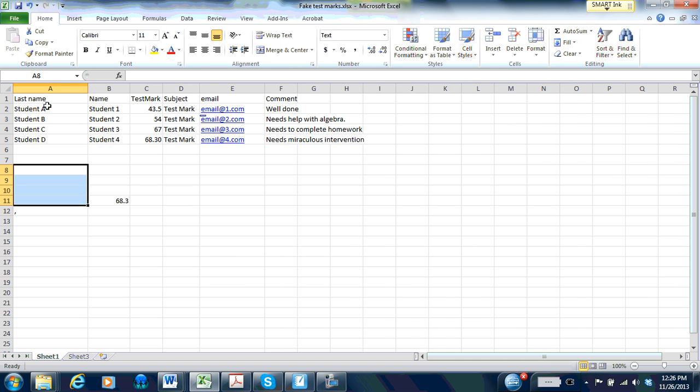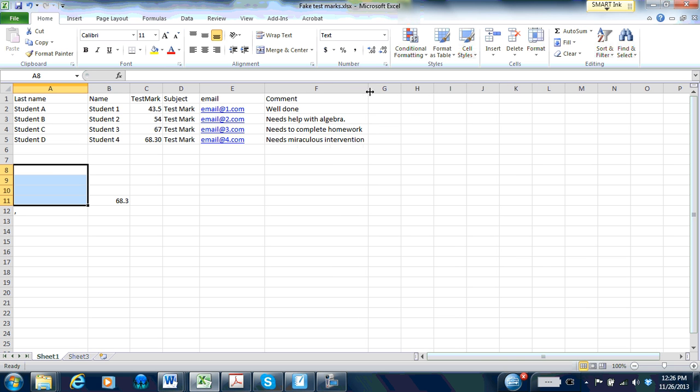So we have the last name of the student, the first name of the student, whatever the test mark was that I'd like to communicate home about, whatever the subject is for the email itself, and I'll explain why that's important to have in a minute, what the emails for the parents are, and any comment that I might want to include with